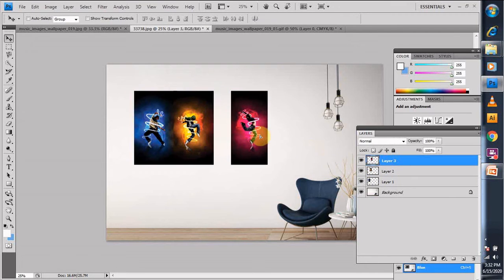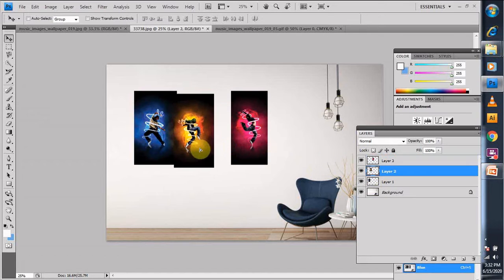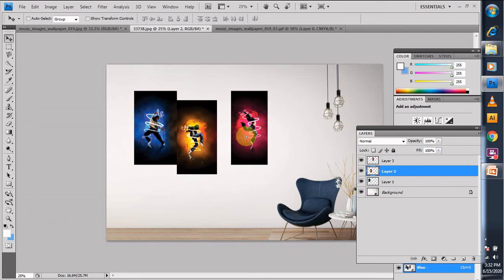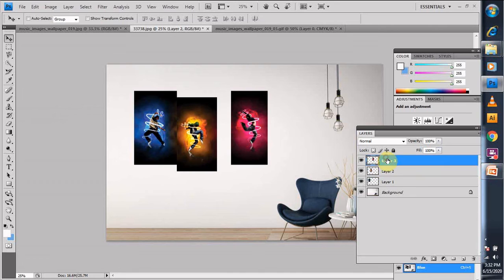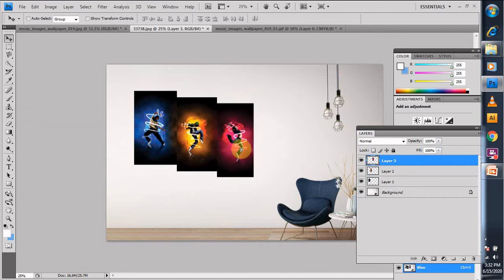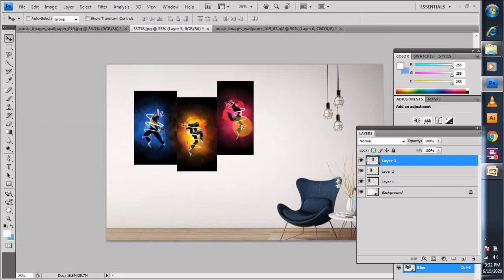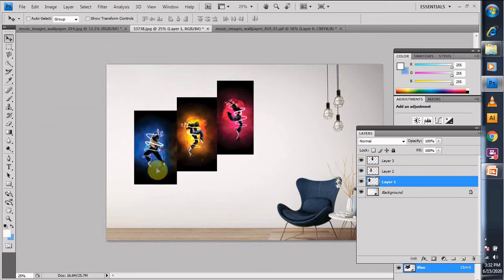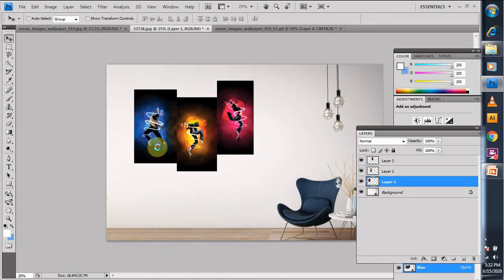So remove it off, remove it off. I'm adjusting it as per my requirement.